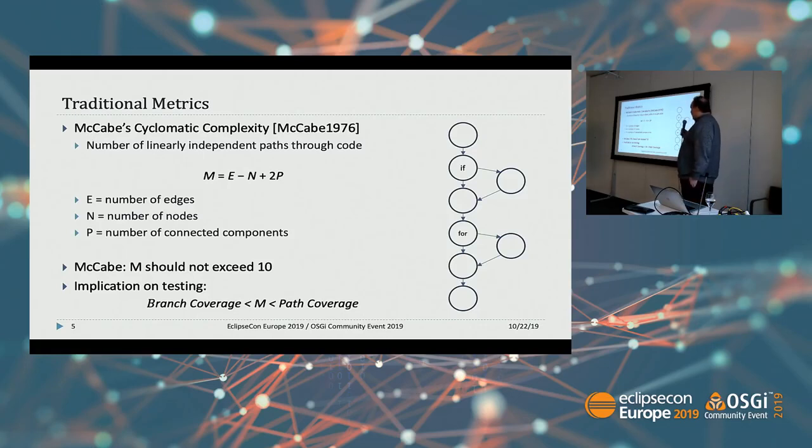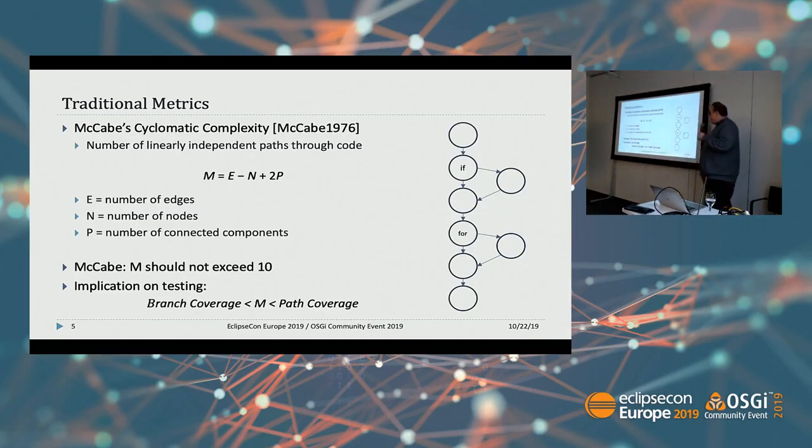It actually has a pretty profound root in theoretical considerations, in the sense that it tries to express the idea of how many linearly independent paths do there exist through code. And this is essentially a function of how many branches and nested control flow instructions you have in your code, right? So the general formula for calculating that, one of them, I must say, because there are many alternative formulations